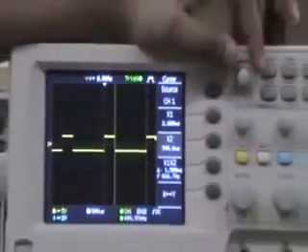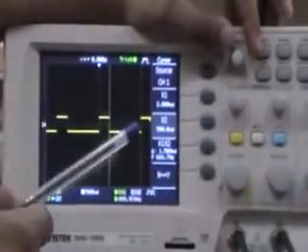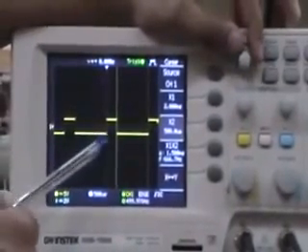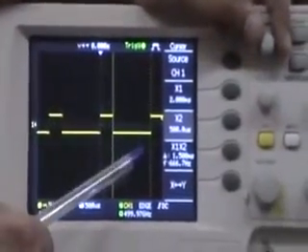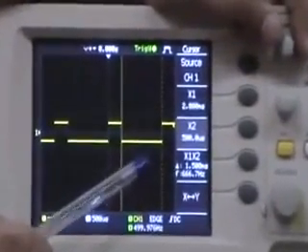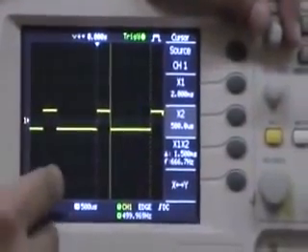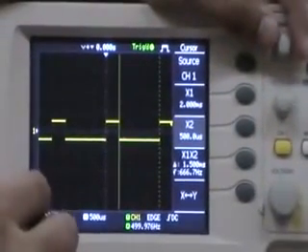For example, if you want to measure the time period of this waveform, we want a vertical cursor, so that we can measure the horizontal axis values, time values.